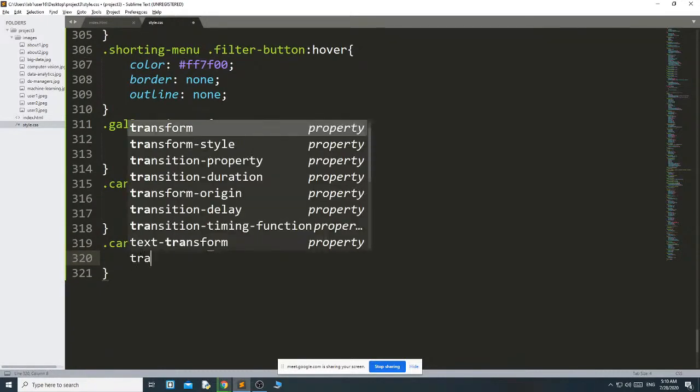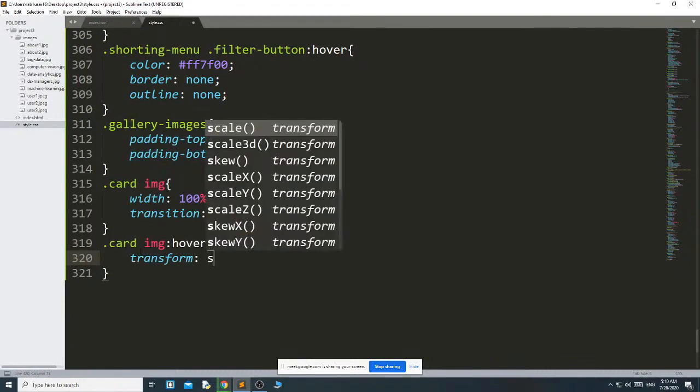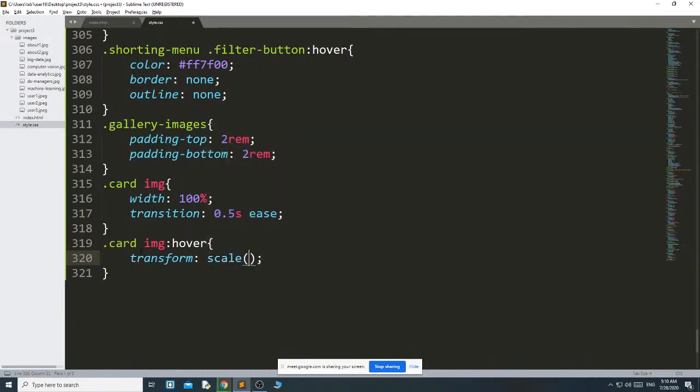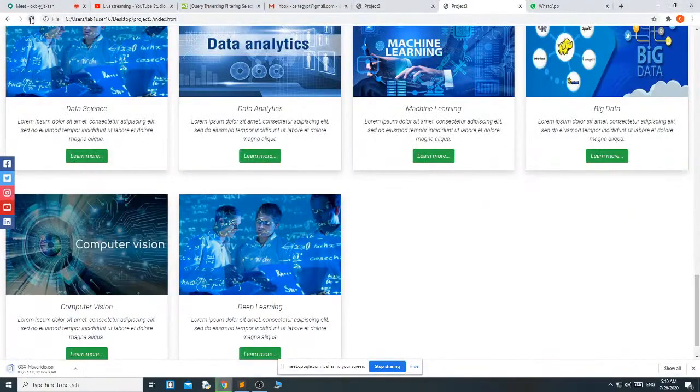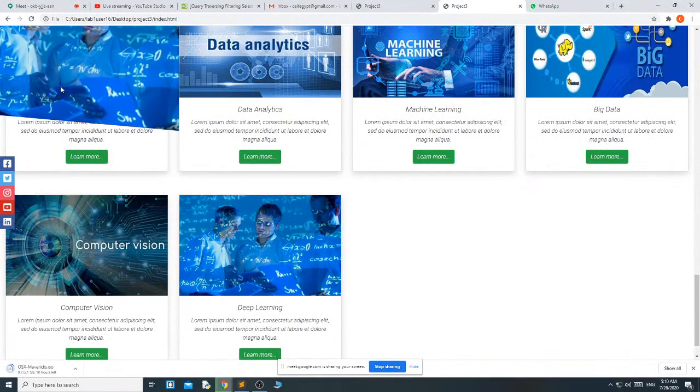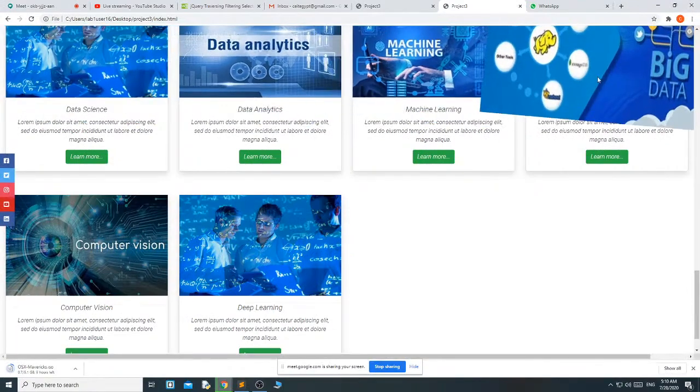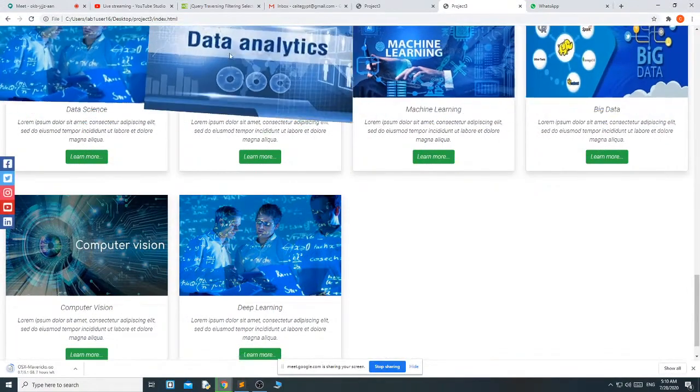Then I open transform scale 1.5, rotate 5 degree. Okay, you can see that, but it comes out of the card.